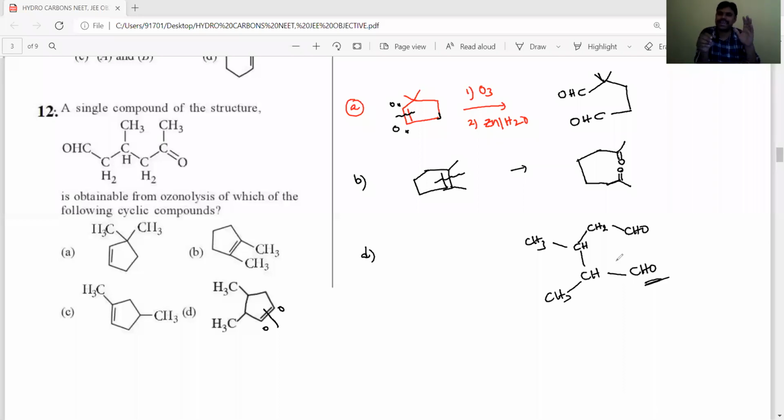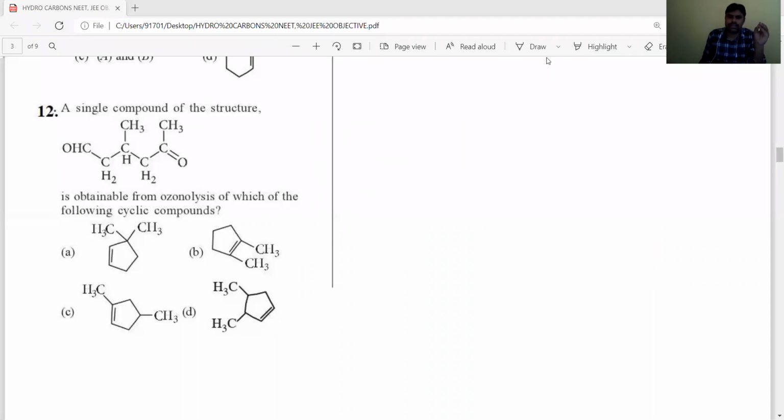So ozonolysis reactions and applications are very important, dear students. We already discussed them in regular classes. Related to this, if the product is given, we have to identify the reactant. If the reactants are given, then we have to identify the product. And the ozonolysis reaction mainly helps in identifying the position of double bonds. Okay, students. Let's listen to the next question.